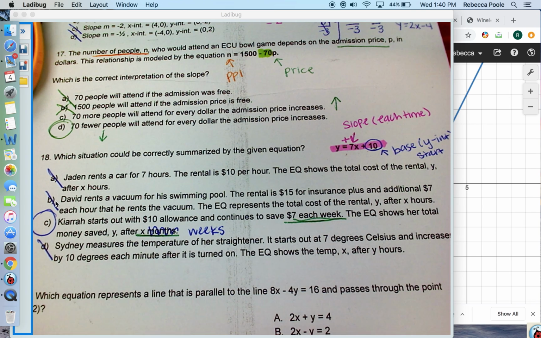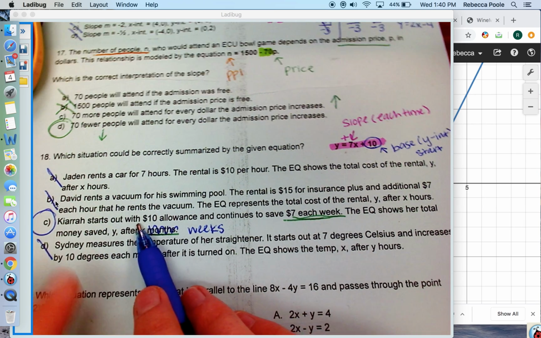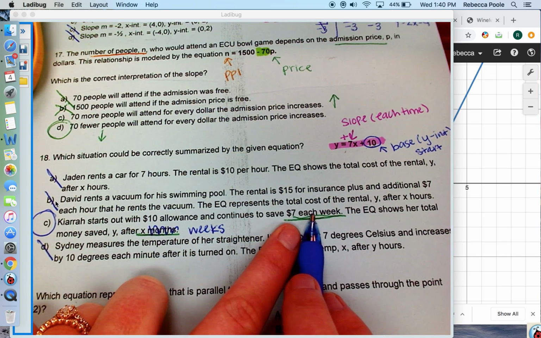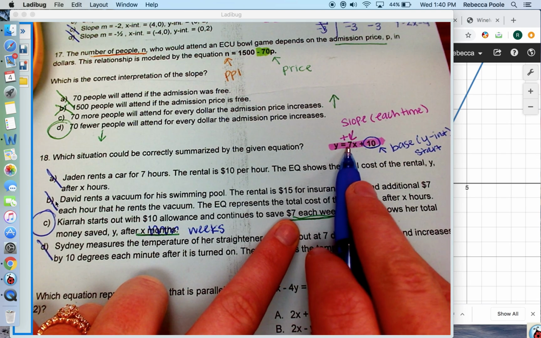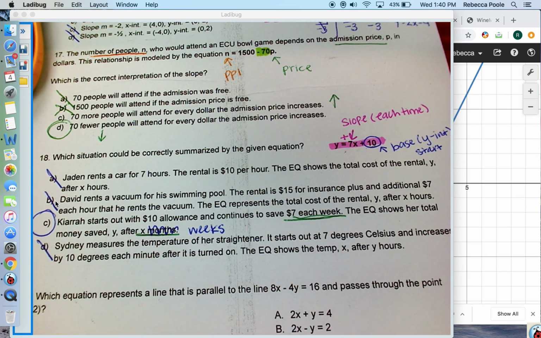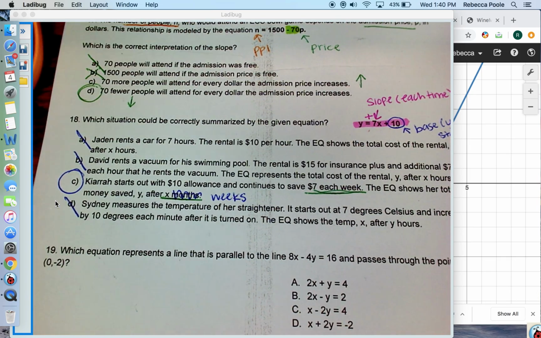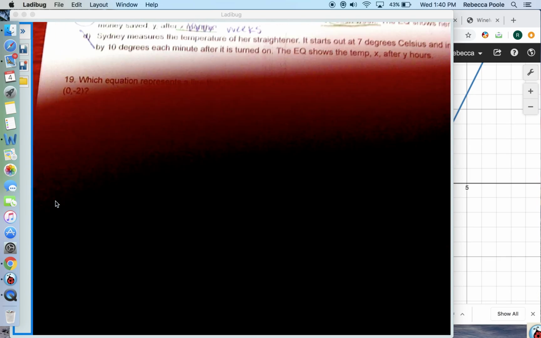Whew, okay, that one was tricky. It definitely is C though because it says the start is 10, which matches our equation, and then it's $7 each week, and our slope is going up by 7 each time, so it should be C. Sorry about that, y'all. I hope we're just learning from this that Miss Poole and the other math teachers, we make